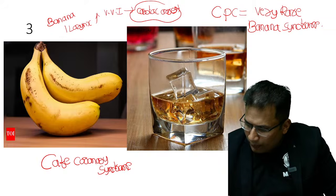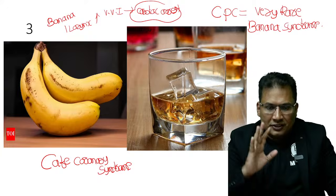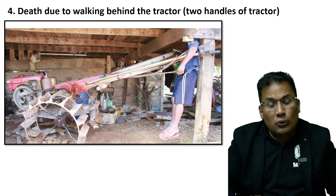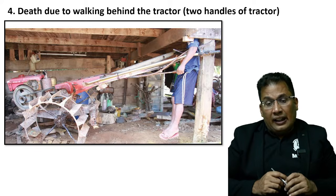Okay. Hope you are getting my point, guys. Are you there? Banana and alcohol. ठीक है, बहुत बढ़िया. आगे देखते हैं. Now this is very interesting case of postmortem. So the interesting case,